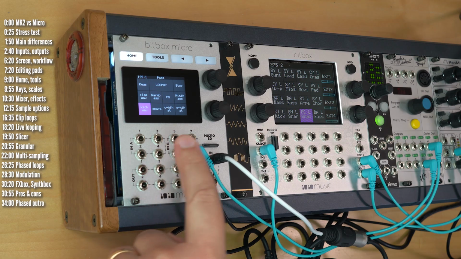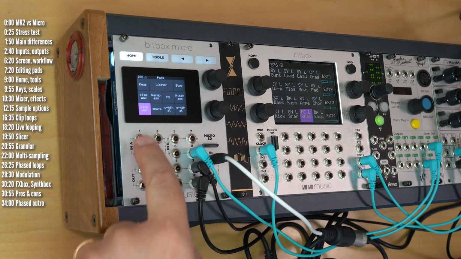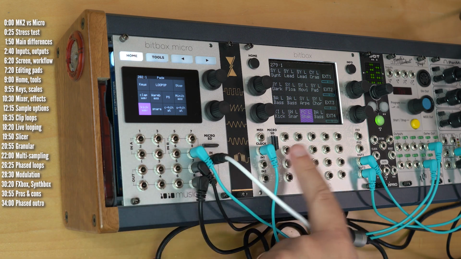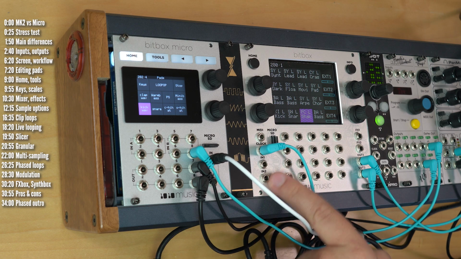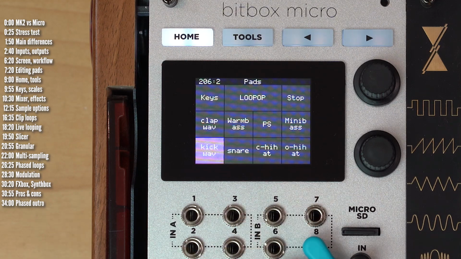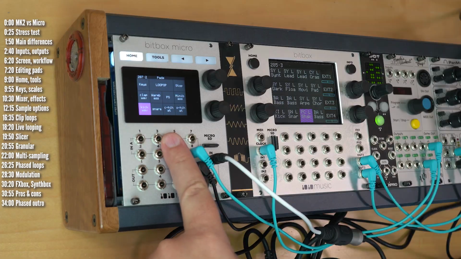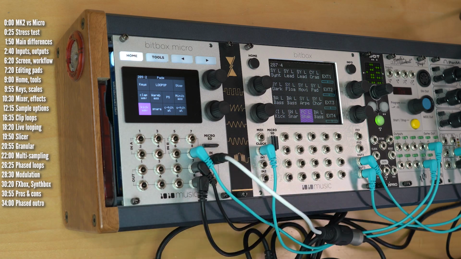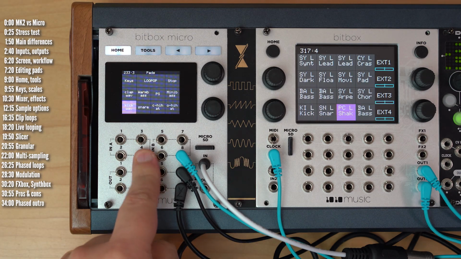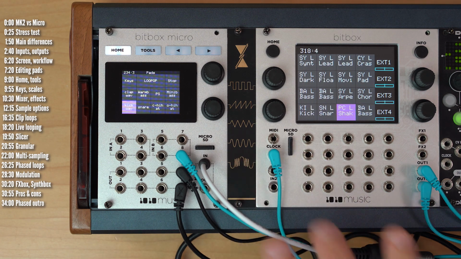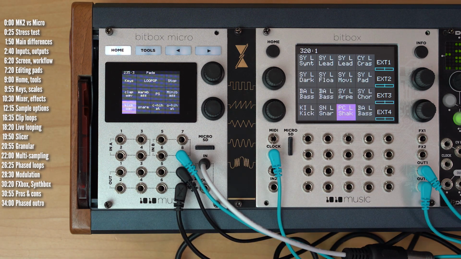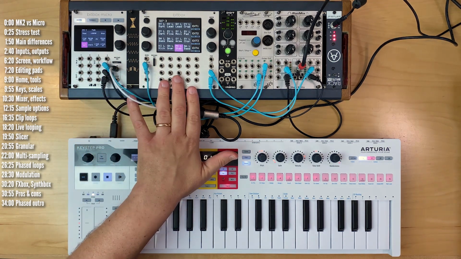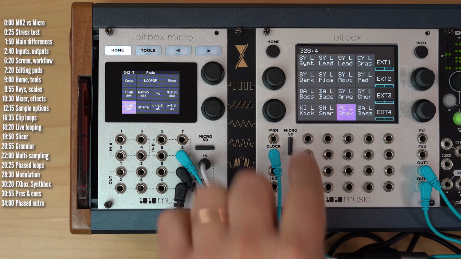Another slight advantage that Micro has over Bitbox is that it has 4 inputs capable of high bitrate audio, whereas Bitbox only has 2, these 2 guys here. That's why it's marked in A and in B here, but currently inputs 3 and 4 aren't used for audio, so they're equal as of the current firmware versions. These extra inputs may be more precise for volt per octave control of notes. I haven't really stress tested both in this respect. Anyway, so these nice advantages for Micro are there, but overall on the input side, Bitbox has the lead with